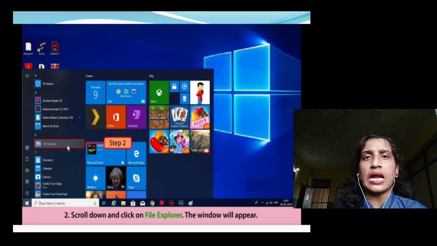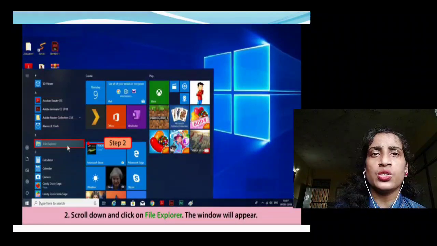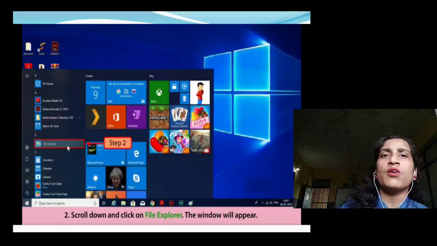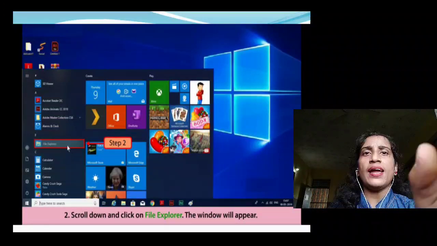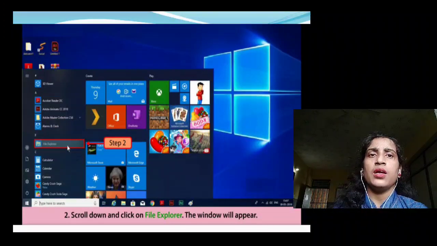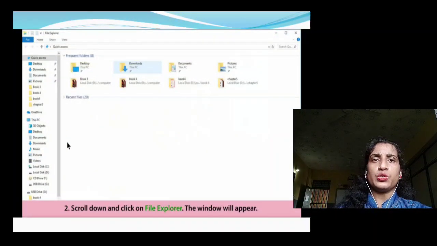When you click the Start button, a list appears on your screen. Scroll down that list and click on File Explorer, and File Explorer is here. The window will appear, which will tell about File Explorer.